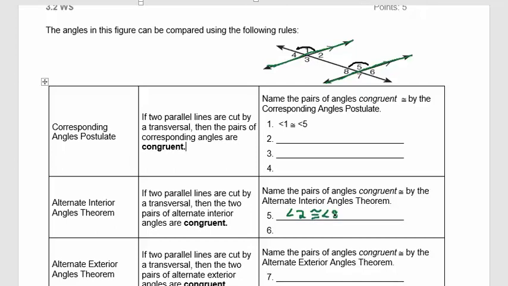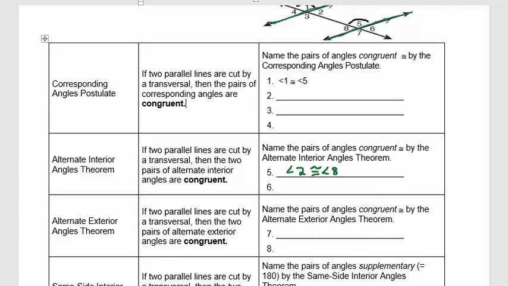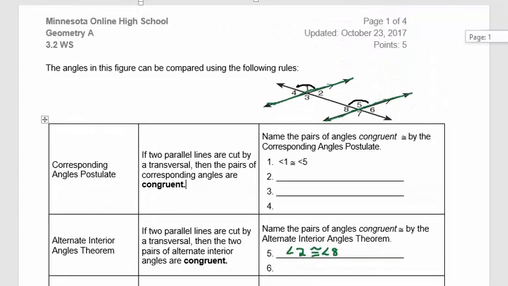However, it's hard to make a congruent sign using word typing, so if you want to put equal, you can. Because if the angles are congruent, then their measures are equal, so we can go to that step. And then you have to find the other one. And the next one is the alternate exterior angles theorem. So the same thing, you find the ones that are alternate exterior angles and write down that they are congruent to each other,